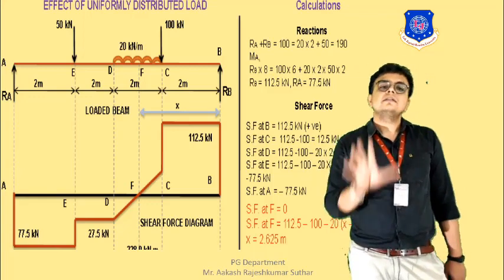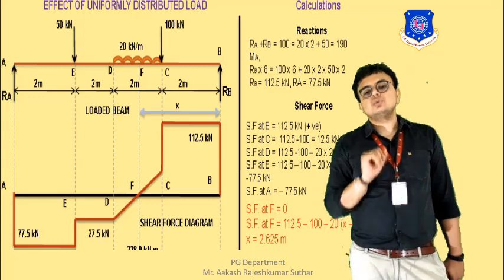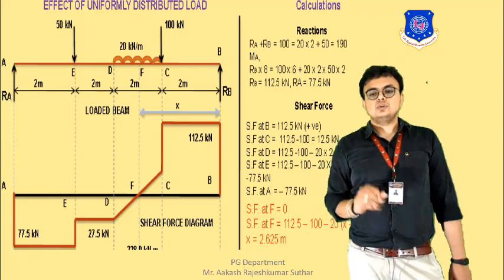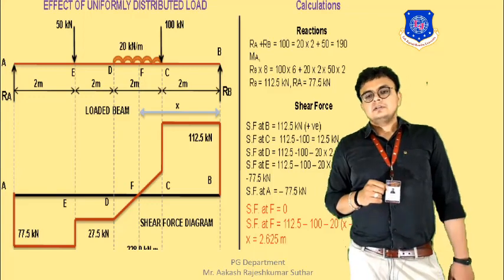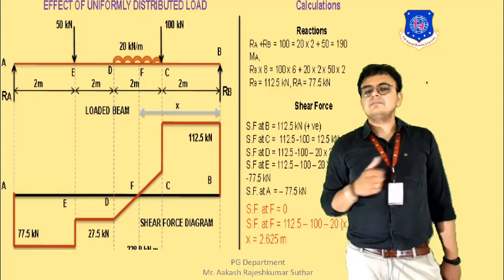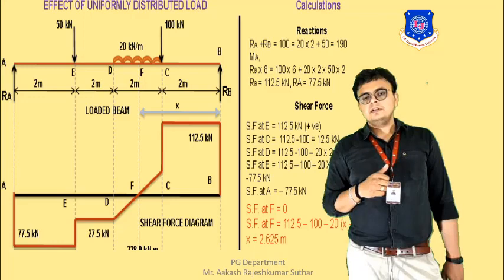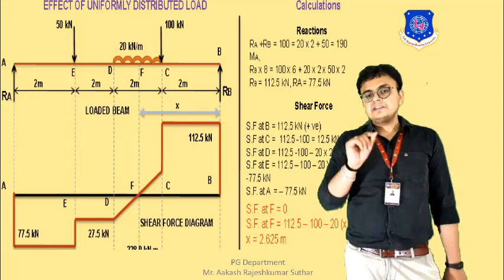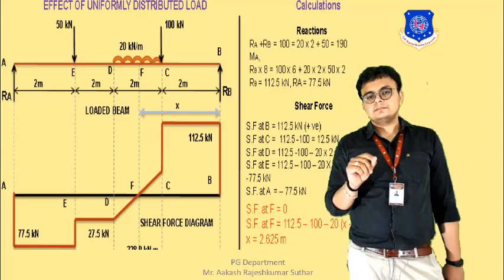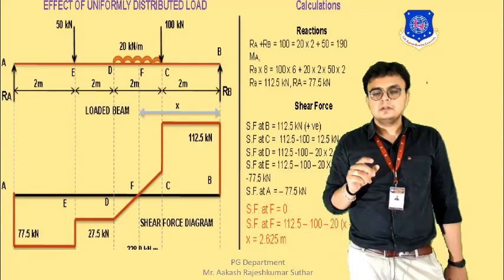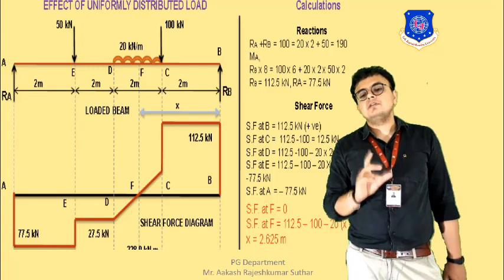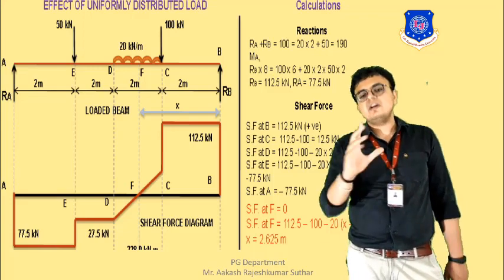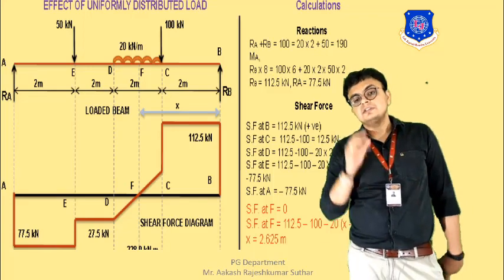So this says that we will be reaching 0 at that point. In this way we need to find the shear force, and in this way the diagram will be also there. Okay. Here at shear force at A, at shear force at F point we are having the value equal to 0. So basically we need to find what is the point at which the value is 0.